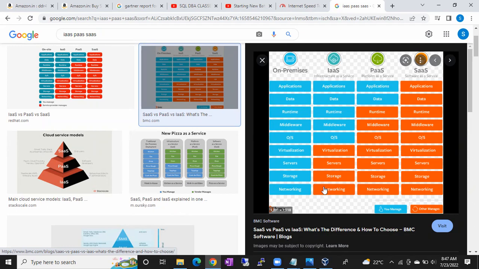Whereas in IaaS, up to here Azure will take care of it. So you can control from the OS level. You can install the OS. You can choose what OS you need. In Azure, you can choose either Windows OS or Linux OS. You can choose your own OS in IaaS, and you can install the SQL servers and work with them just as you do on premises. The only thing is you cannot control the virtualization and servers. Software as a service, I don't think we are going to use it, but platform as a service, yes. Applications and data, you can only see the database, guys. Only one entry will be there, the database entry.